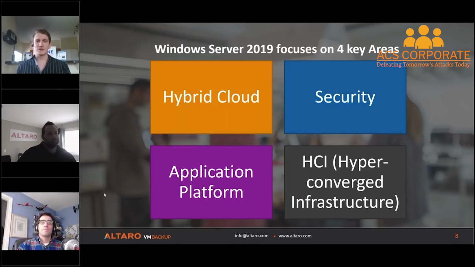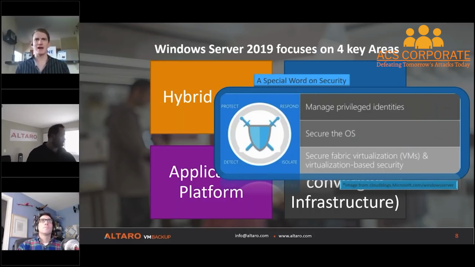And the final big area that Microsoft has focused on and continues to focus on is always around security. Microsoft came with a different approach this time. In the past, Microsoft's security approach was always around, let's protect the perimeter and stop things from coming through. But after doing some studies, they realized that it takes about 2 days for a hacker to break into an enterprise and about 100 days for the enterprise to detect it. So rather than just trying to protect the perimeter, they're now protecting every component, every server, every process, every memory stack, to really try to make this the most secure component ever and reduce things such as ransomware attacks, which